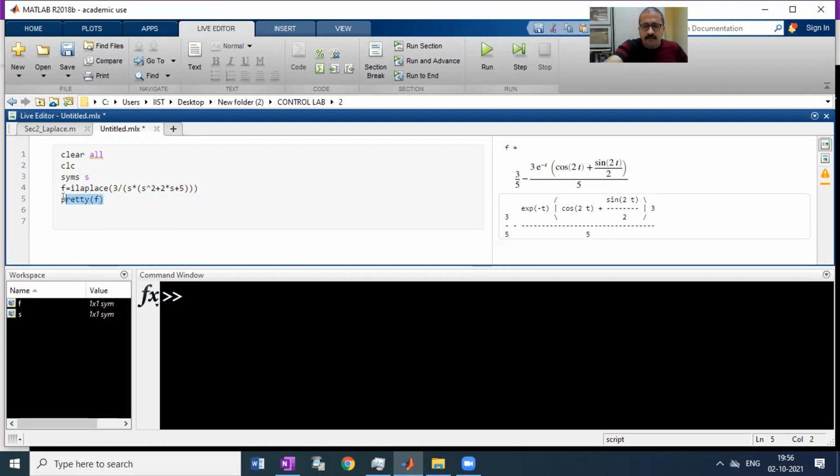Okay, you will get something like this. This is better. Okay, so pretty is not needed here. Fine. So it depends on the version, right? In older versions, we had to use pretty of f. Then only you would have got this kind of output display. Okay, you are getting this kind of display because it is the recent version, 2018 version.